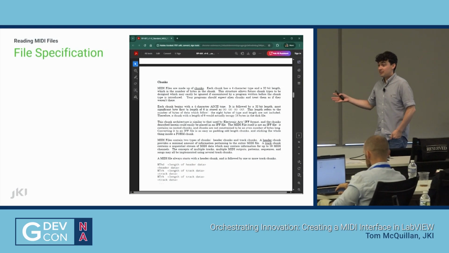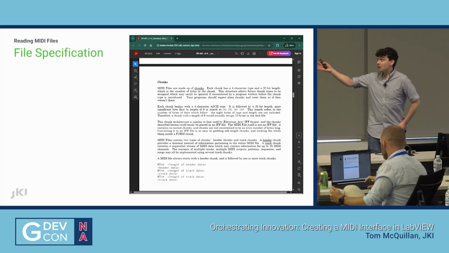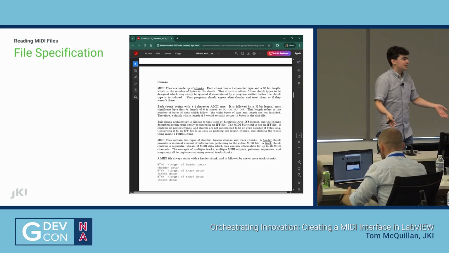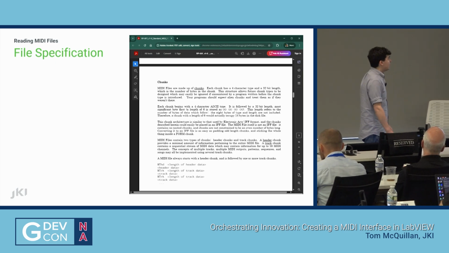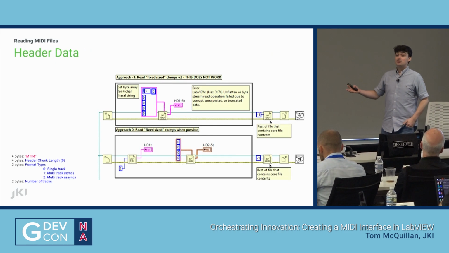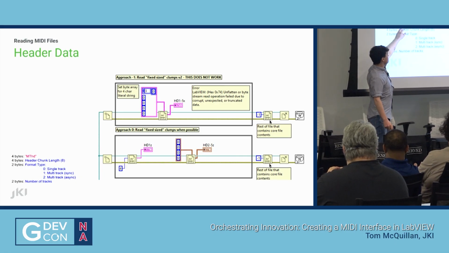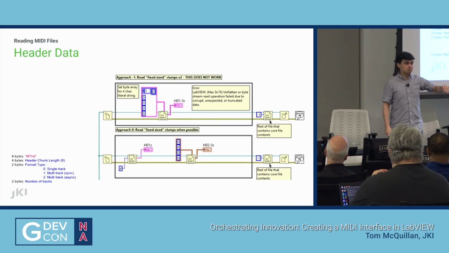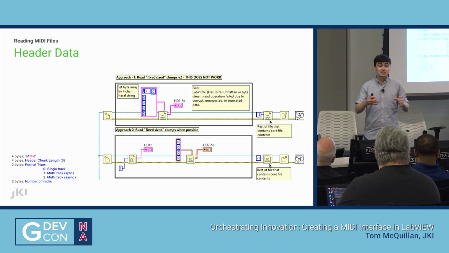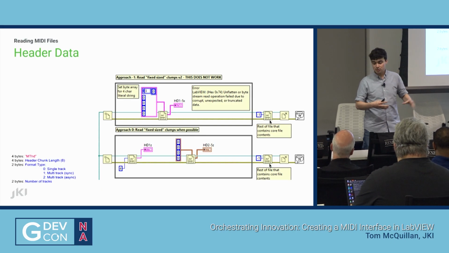I read the file specification, and much like a device driver, a file specification tells you what all the bytes mean in a file. So the header data in this specification, I want a literal string of 4 bytes, MThd, I know, MIDI something. It just tells us this is a MIDI file. And then there's some header data to tell us the format of that